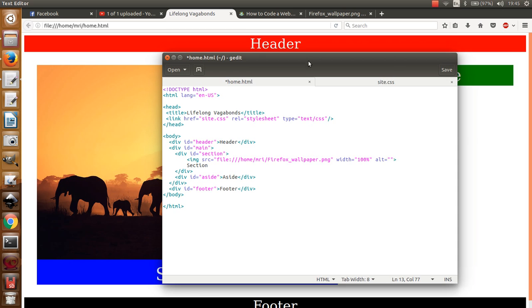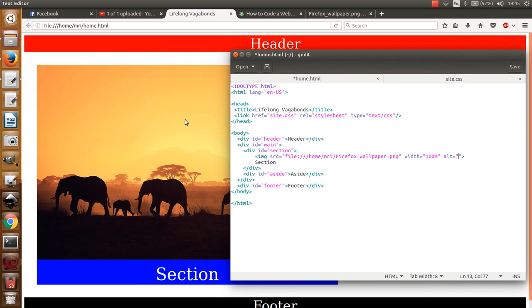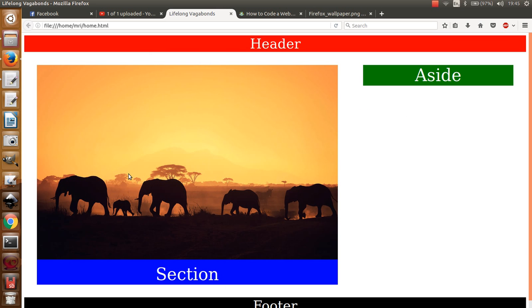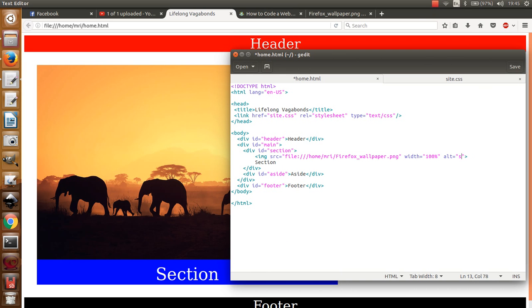So what you should put in the alt is actually a description of what the image is. For instance, silhouettes of elephants. I took a while to say silhouettes because I always pronounce it silhouette and my partner gets onto me. Right, anyways,